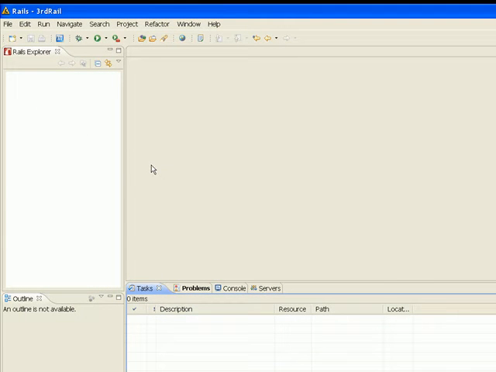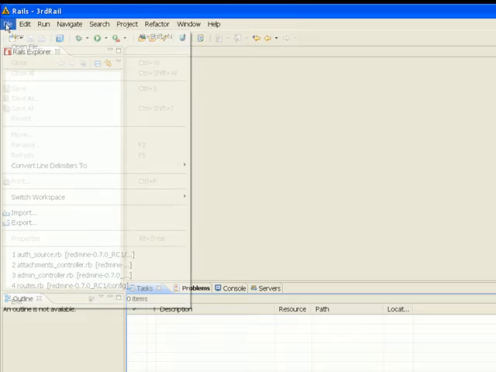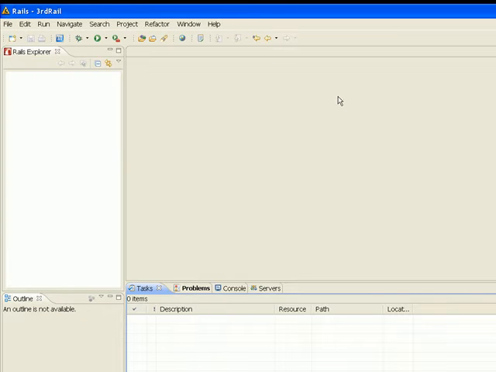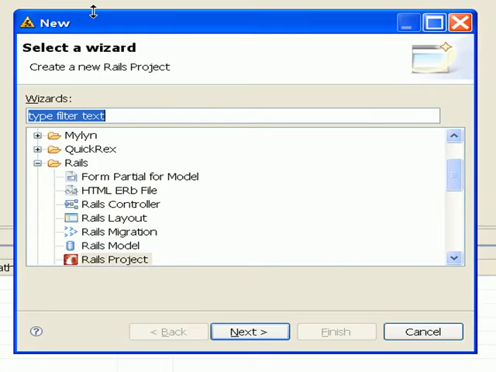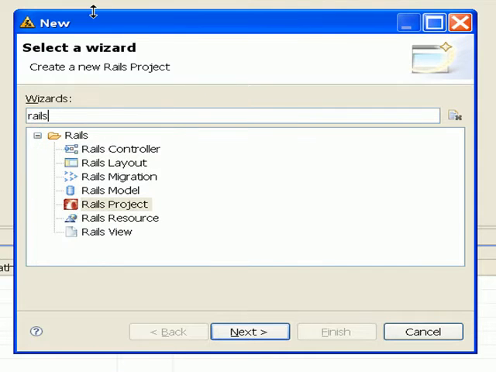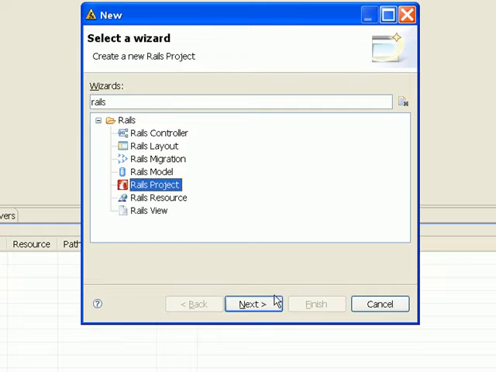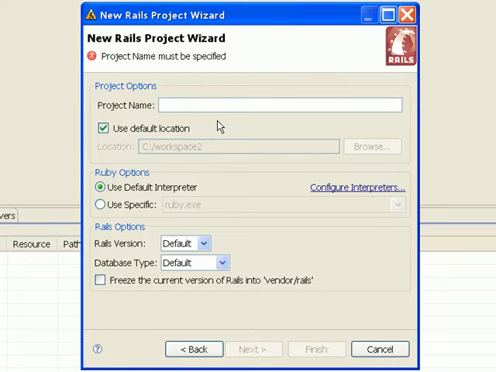Now, to create a new project, there's two ways to get to this. You can either select File, New, Rails Project. What I like to do a lot is use Control-N, which brings up this wizard of all the things that you can create. And by typing Rails, it narrows the scope of the selection to the things specifically for Rails. So I'm going to select Rails Project. I'm going to give it a name,